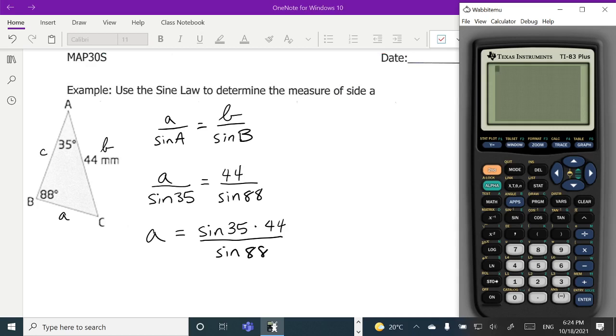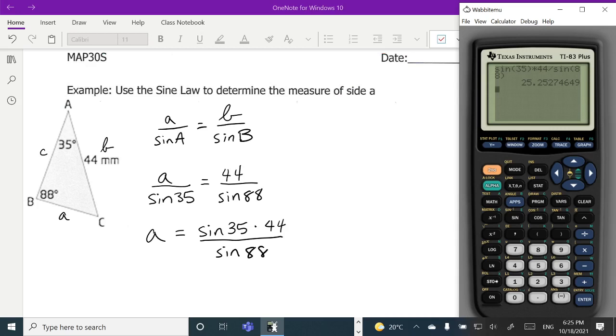And I'm going to enter the sine of 35, and then hold on a minute before I do this multiply. This calculator is the type that opens a bracket for me. Only fancier calculators do this, and it's a blessing and a curse. It's nice to open a bracket so you don't have to, but in this case I have to actually close it, or it's going to think I want the sine of whatever 35 times 44 is, which would be like a 1300 degree angle. So I want the sine of a 35 degree angle times 44, and then divided by the sine of 88. It actually doesn't matter, since we're done the calculation, if you close this last bracket or not. But when you hit enter, you're going to get the answer, which is